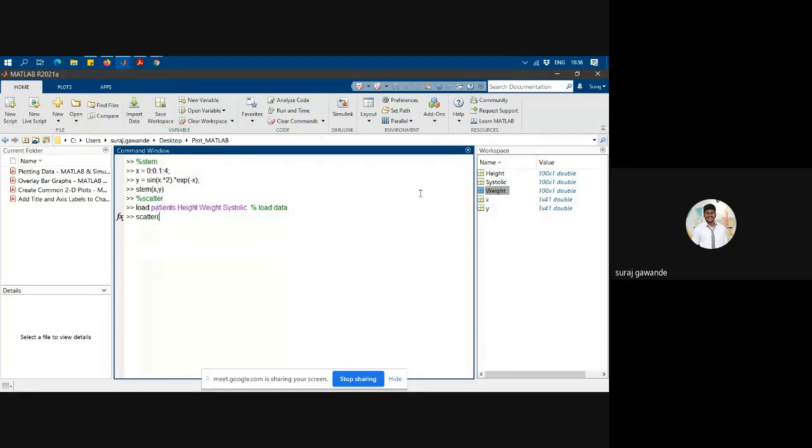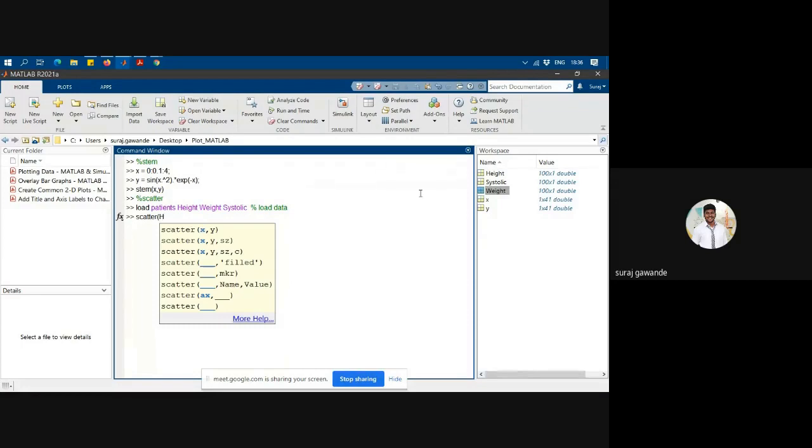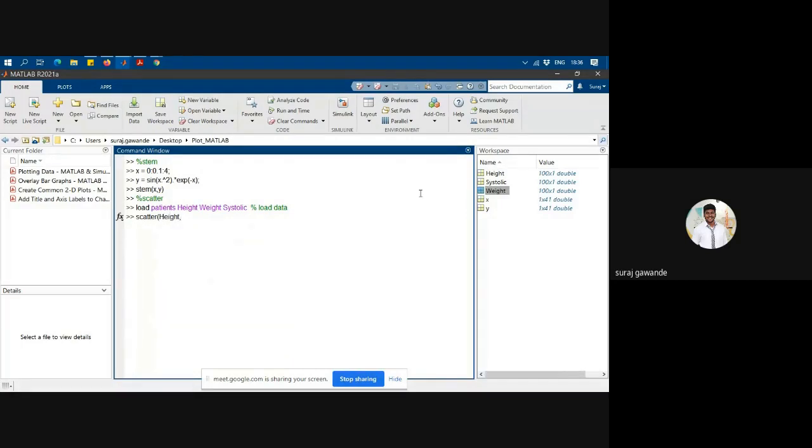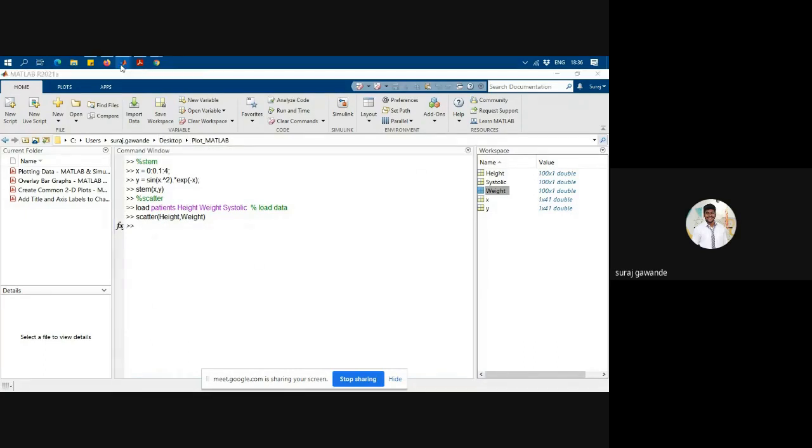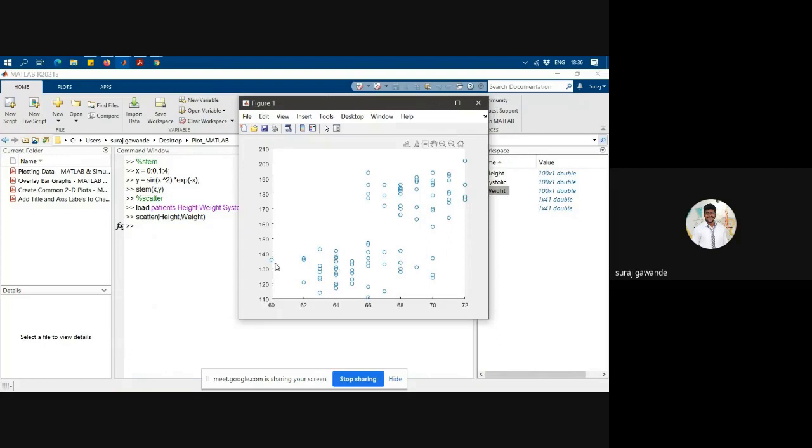In brackets, I'll have to provide the height and weight, bracket complete, and enter. So this is my scatter plot. Now let's understand how we can provide the X label and Y label to this